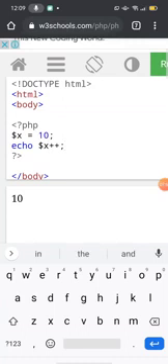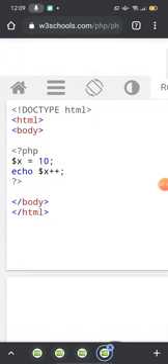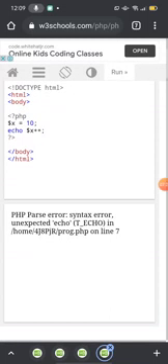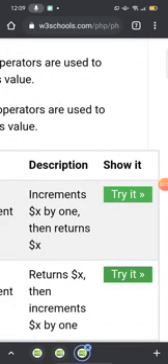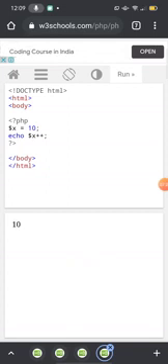That means first it is not going to increment your value, first it is going to print your $x value, then it is going to increment it. Sorry, some error is there. So the value will be 10. Why 10? Because it is incremented, but before incrementing, the value of x is printed.